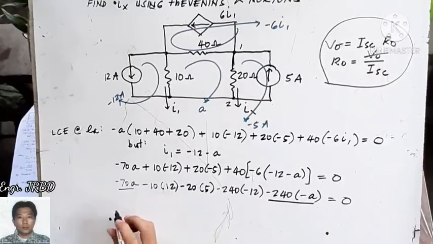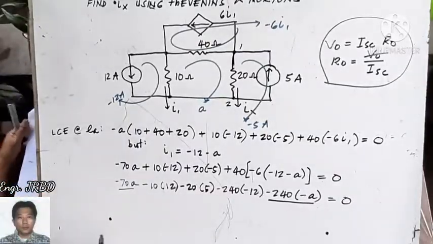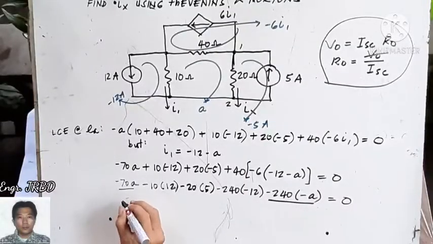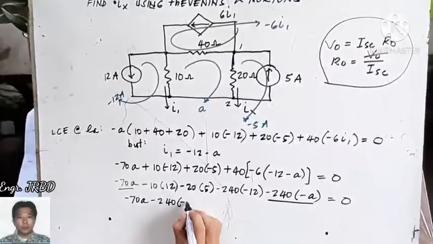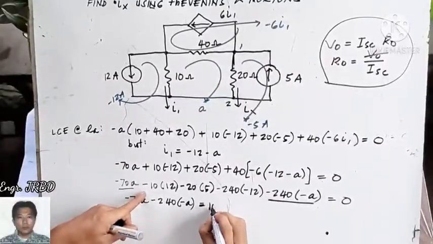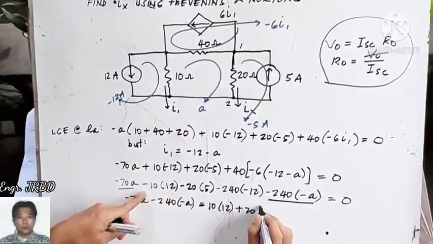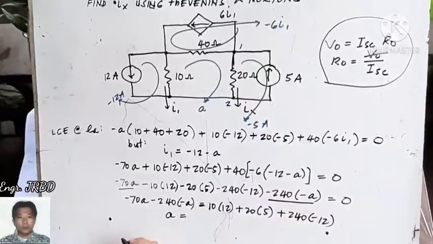Okay, negative 70A minus 240 times negative A, and all the constants on the other side, that is positive 10 times 12 plus 20 times 5 plus 240 times negative 12. You will see that A is negative